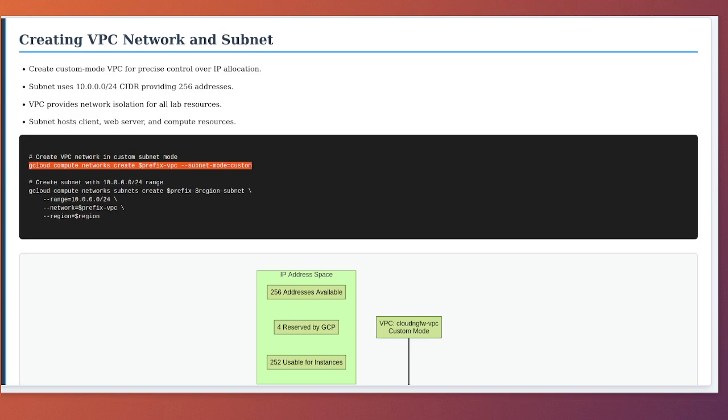The subnet mode flag is set to custom, which means we will manually create subnets rather than having Google Cloud automatically create one subnet per region. Custom mode gives us precise control over our IP address space allocation. The second command creates a subnet within our newly created VPC. The gcloud compute networks subnets create command takes the subnet name composed of prefix, region, and subnet, resulting in something like